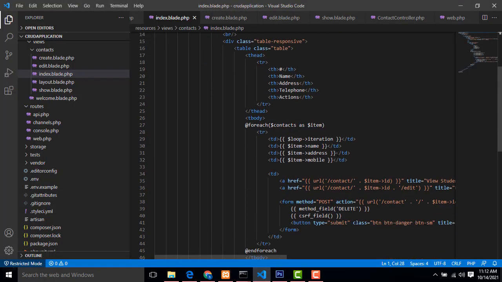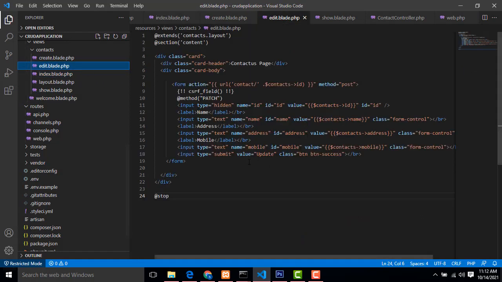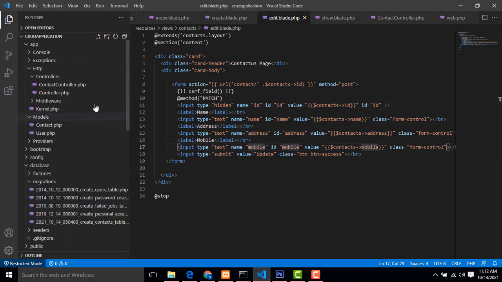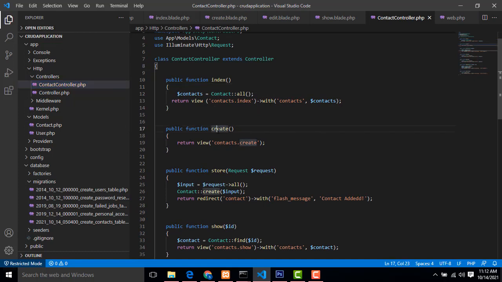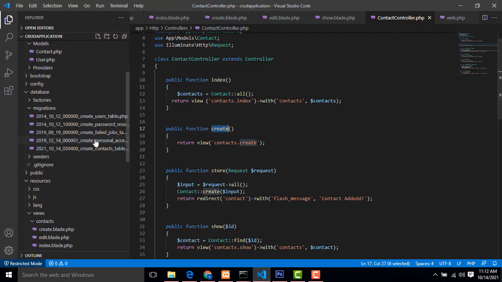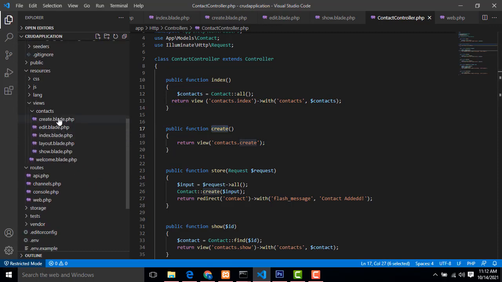Now let's go back. This is the simple code you have to write for each page, say the edit page. The edit page also has a folder. When you click the particular button, it gets the ID and puts it into the relevant row, and the details are loaded. So you have done all the stuff there. Now the controller part. The create controller visits the particular page. When you click the create add button, it goes to the create controller.